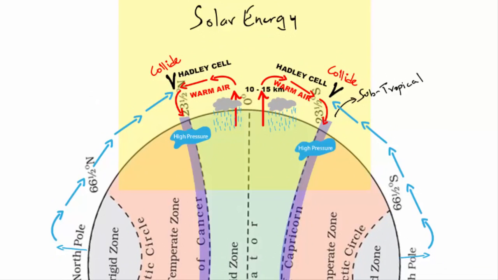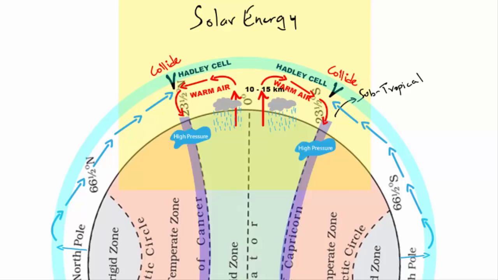Now, I want you to think for a while. When the warm air moves up at the equatorial region, it reaches the end of the troposphere. At the end of the troposphere, you'll find a thin layer of cool air, because always remember, air is warm at the bottom of the troposphere, near the ground level, and as the altitude increases, it gets colder. So this warm air has to deal with the cool air of the troposphere and the cool air from the poles. You see, it's a 2-on-1 situation.